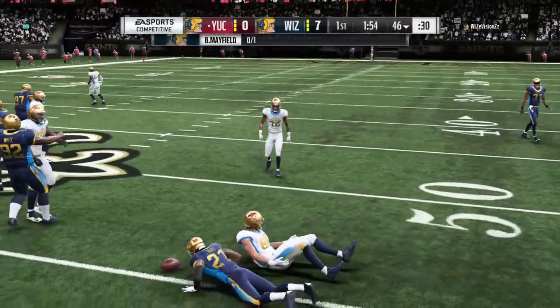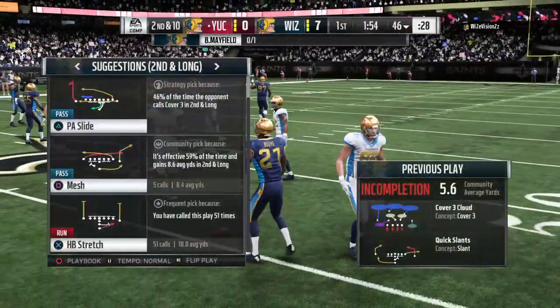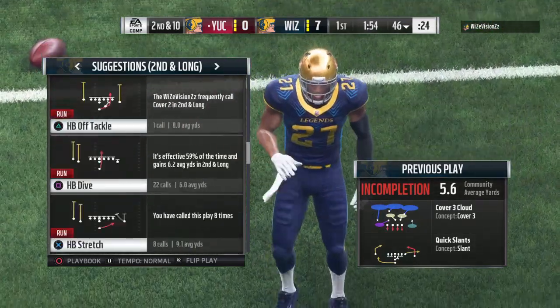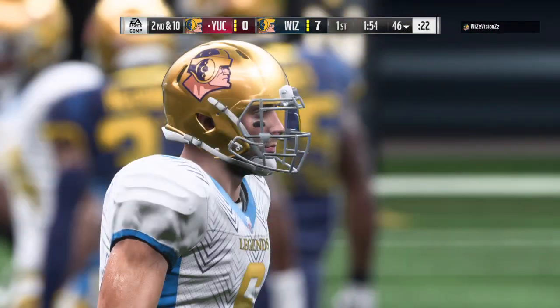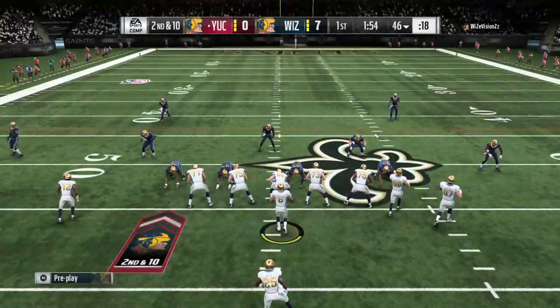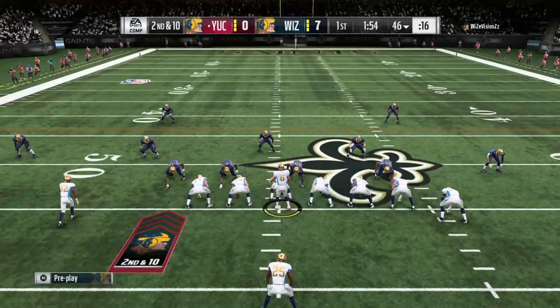He couldn't quite hold it. Got hit, ball pops out. Incomplete. You get a tight end like this, and you know he's used to dishing out punishment, but here, he's one that has to absorb the contact, and as a result, unable to hold on to the football. So after the incompletion,